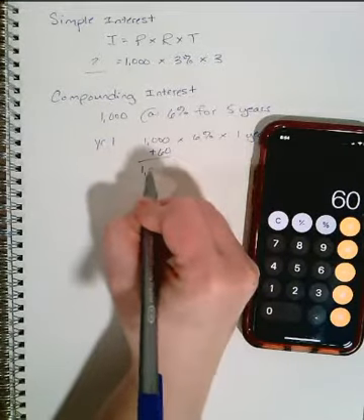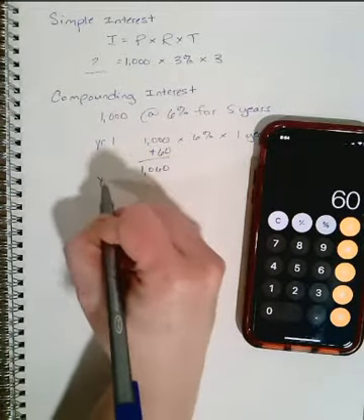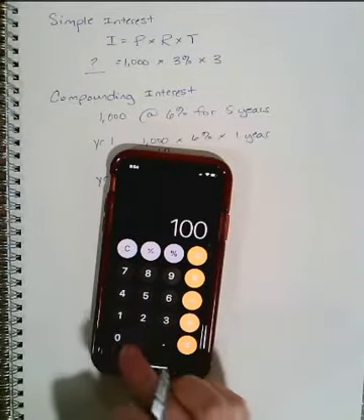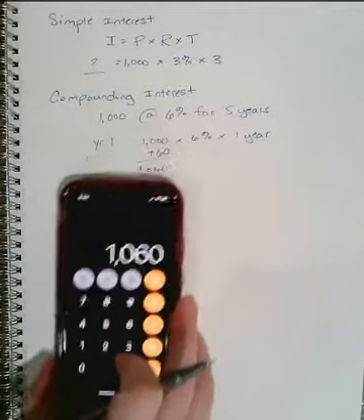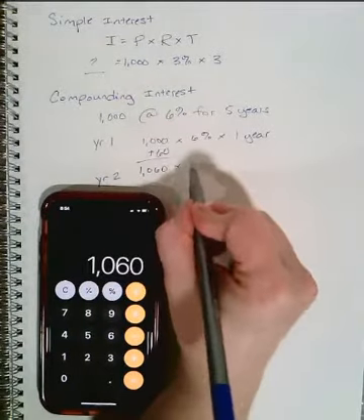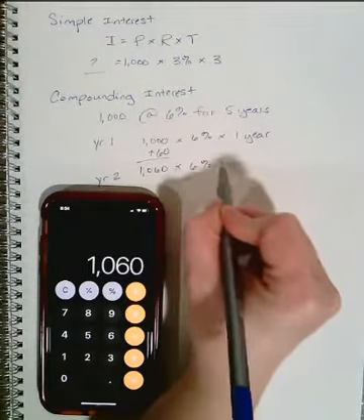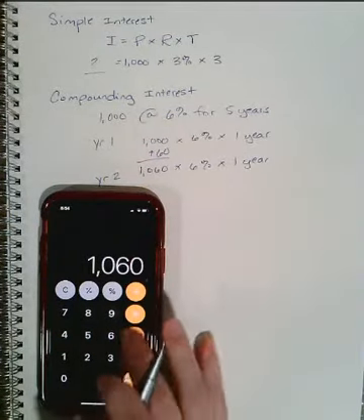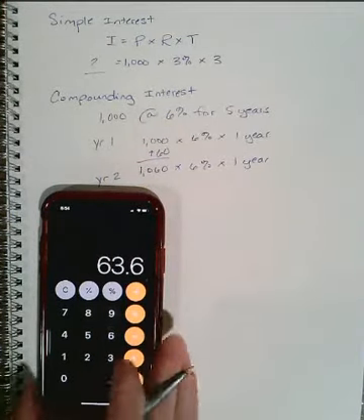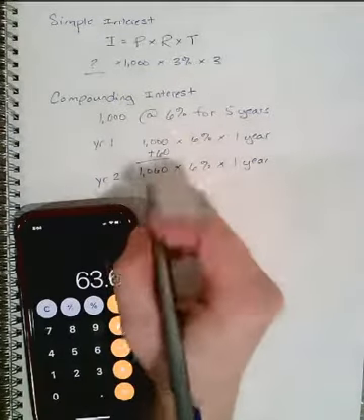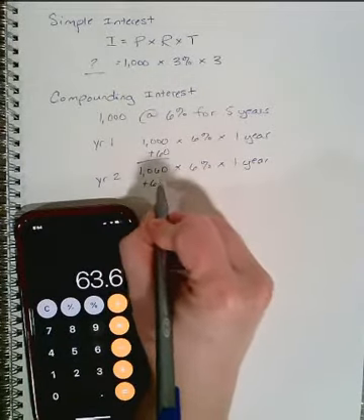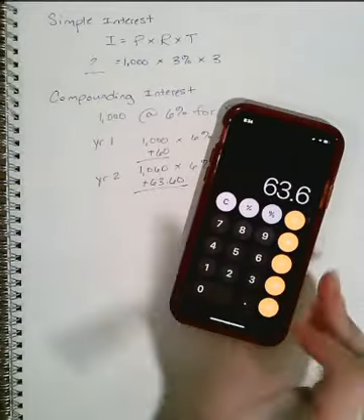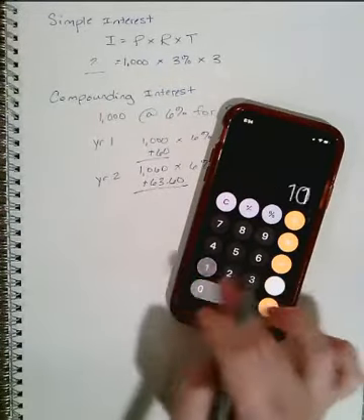Then in year two we have 1,060, so 1,060 times 6% times 1 year gets us $63.60 in interest. Then we're going to bring that down and add that, and then we're going to be at